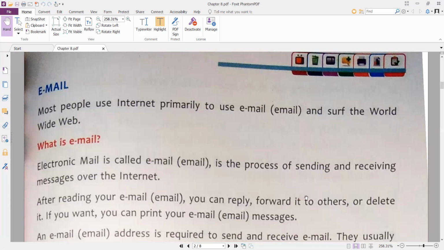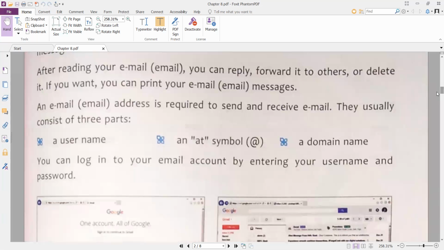If you want to forward it to others, this is also possible. It means the same message you can forward to others also. And if you feel that this is not of use now, then you can delete that message also. Even if you want to take a printout, this is also possible. If you want the hard copy of that email, you can take the printout also.